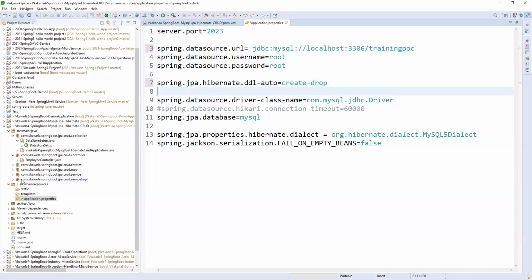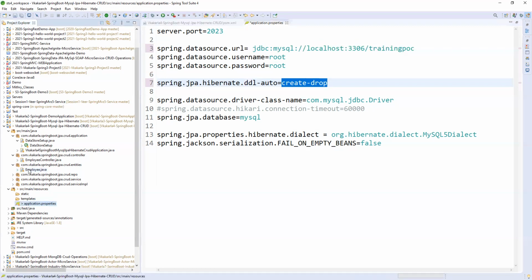Whenever you run your application, it will automatically create the table based on the schema configuration. How will the Spring container know what table to create?